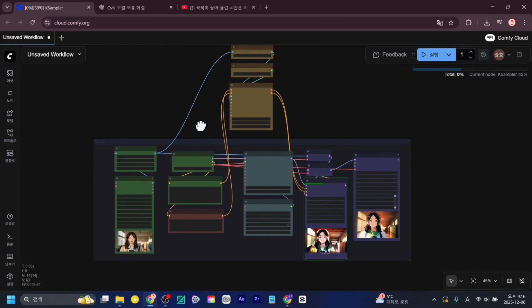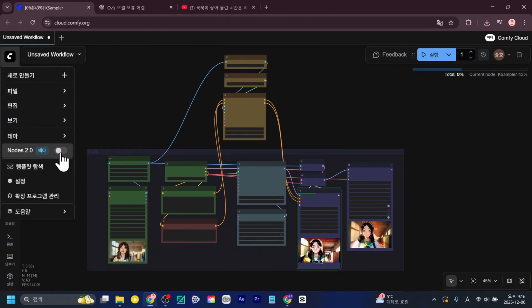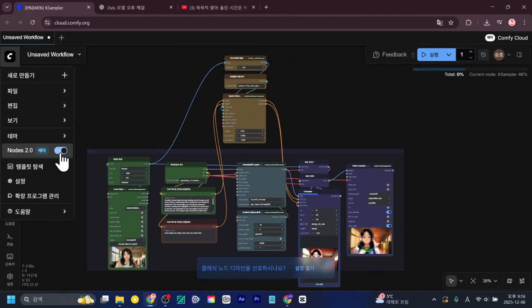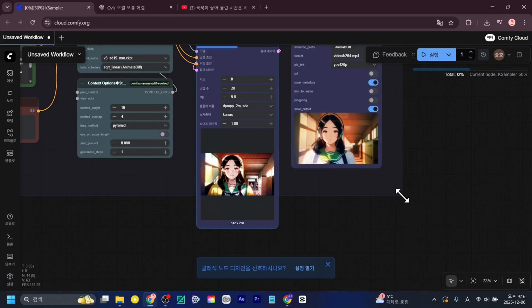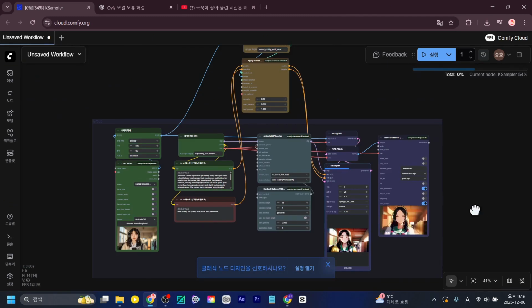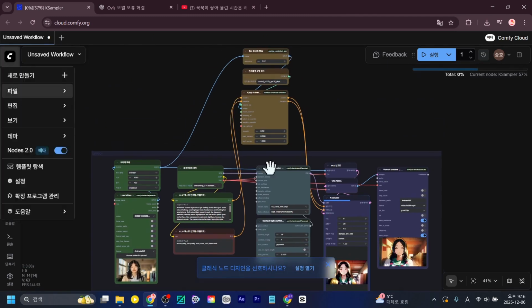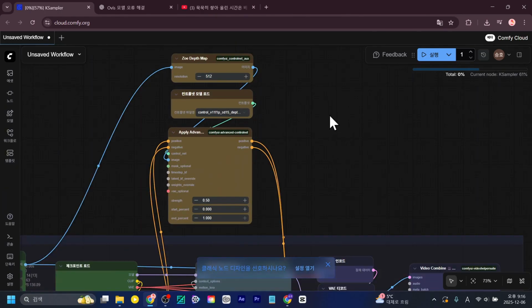And if you look at the Comfy UI, I got a message this morning saying you can change the node theme to this beta version. If you do it like this, Comfy is switching to a new workflow structure, so it can change instantly. I guess a lot of people have been asking about this. I really didn't like the new Comfy design either. I actually hated it. But once you get used to it, it does look nice, so I'll use it like this.